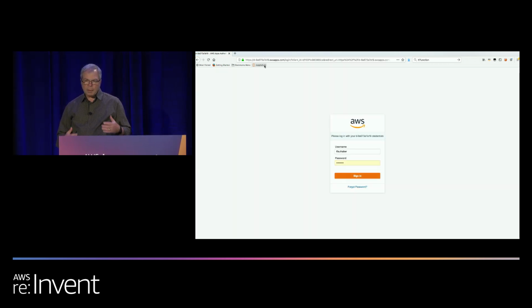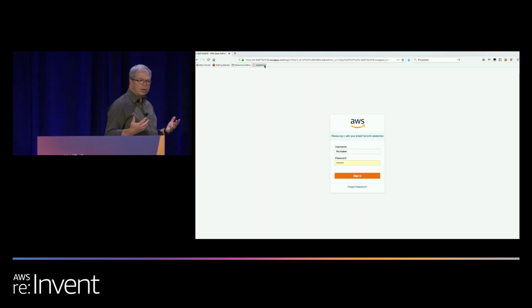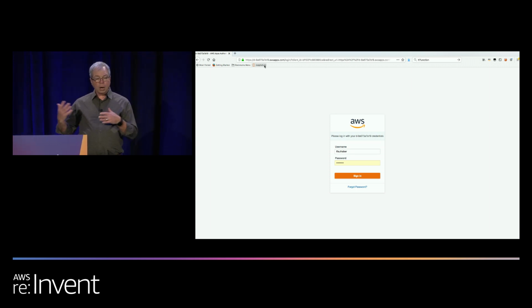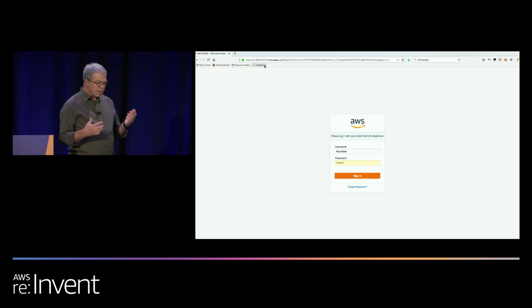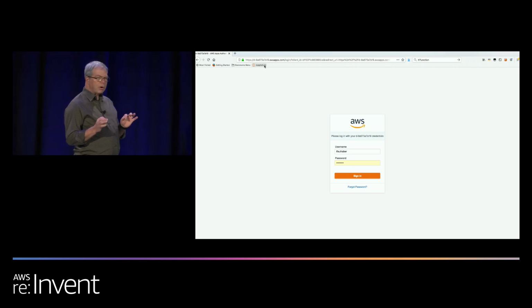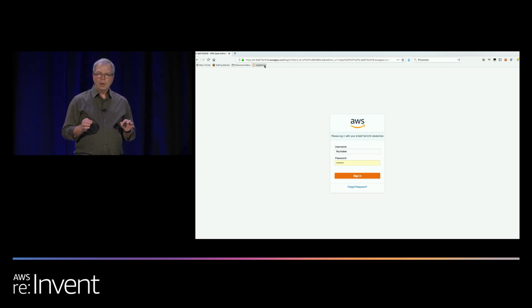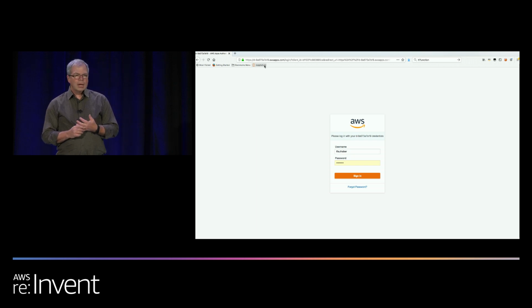Okay, so this comes up. When I signed up for SageMaker Notebooks, I got a URL. I can also go through the console. But one thing that we've heard, I didn't actually talk about this when I was talking about users: one thing we've heard from a lot of, especially larger customers, and by large I don't mean super large, everywhere from sort of medium-sized to large, is